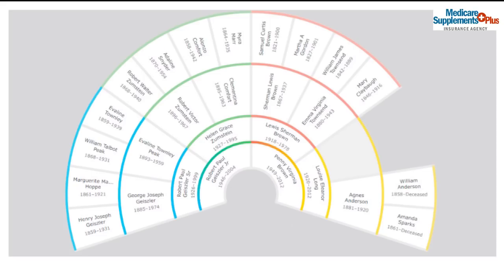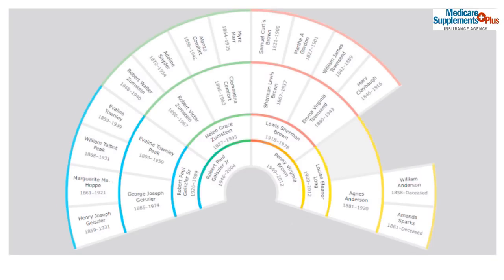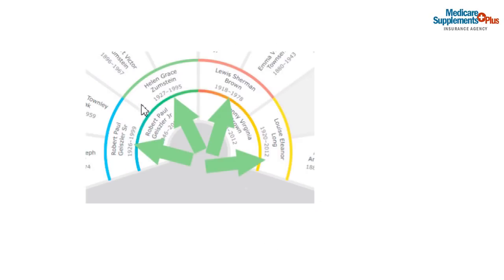Now I'm going to use FamilySearch in order to point out where the names come from because I really like their fan chart and it helps me grab the names quickly. But you could use any program in order to capture your family names. So these are my parents, these are my grandparents, and I'm going to grab these 4 last names: Geisler, Zumstein, Brown, and Long. Now, Long is actually my grandmother's adopted last name.